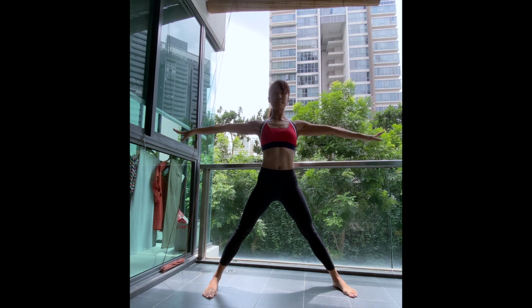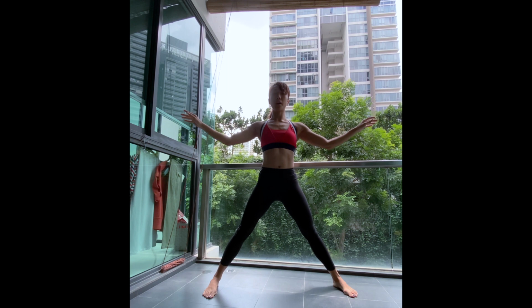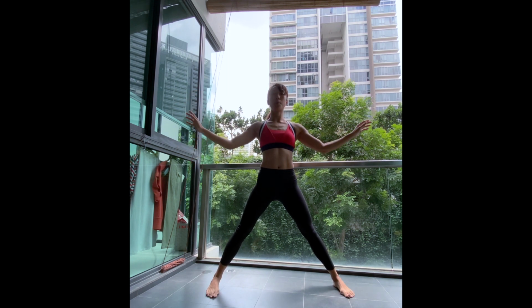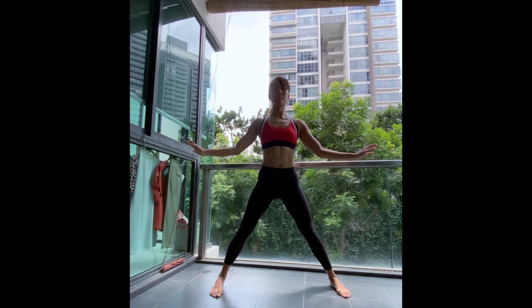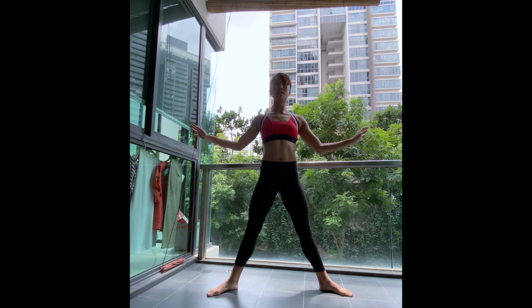Now we're just going to drop our elbows slightly down towards the floor and then lift those elbows up in a swan-like motion. And repeat. The focus here is to be able to lift your arms from the elbow without affecting the height of the shoulders. Now we're going to tie an imaginary string from the elbows to the heels and turn the heels about